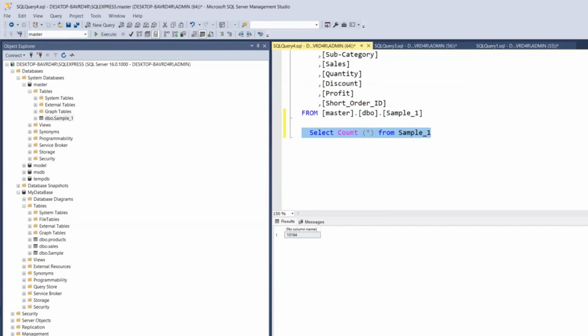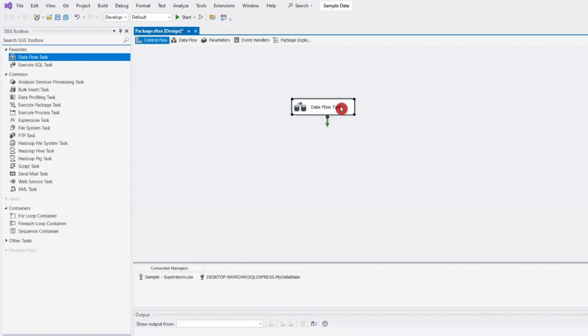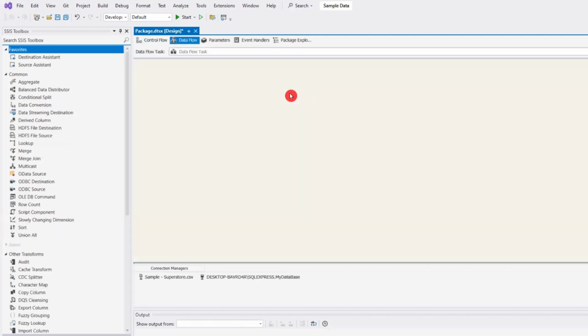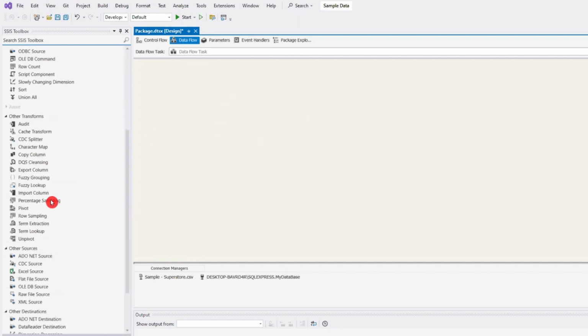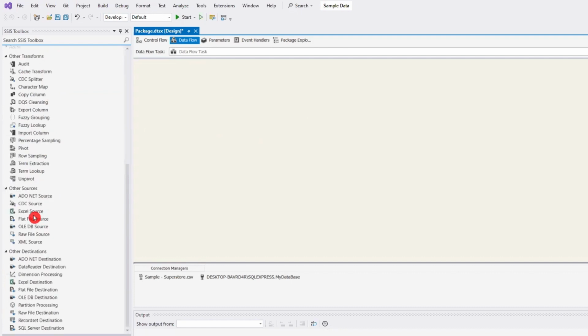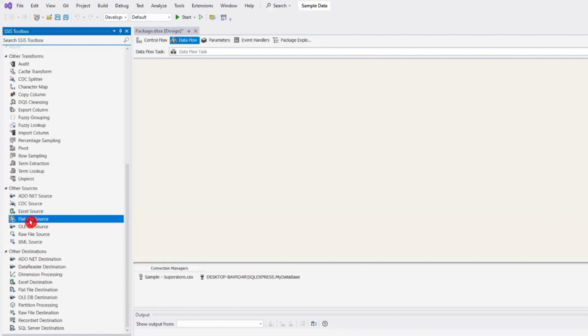Now what I need to do is create a flow which can transfer all the data from the file to the database. So in the data flow task, I need to double click on that. It will take me to the data flow canvas. This is the heart of SSIS, wherein we need to build the entire ETL. In ETL, we first need to give the source. So in the source, we need to take the flat file source,